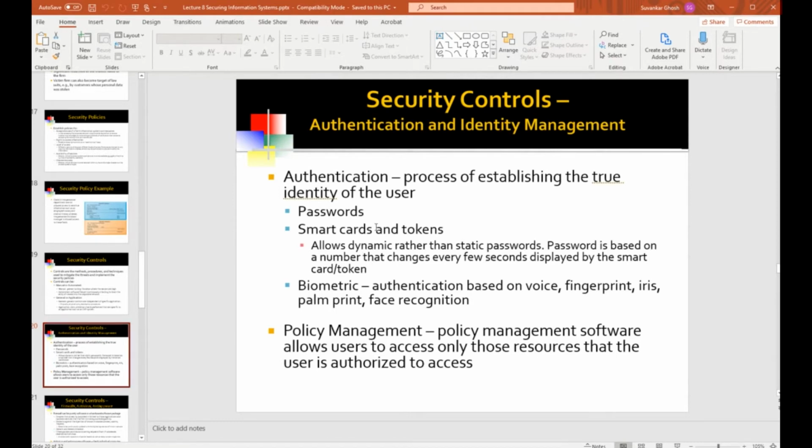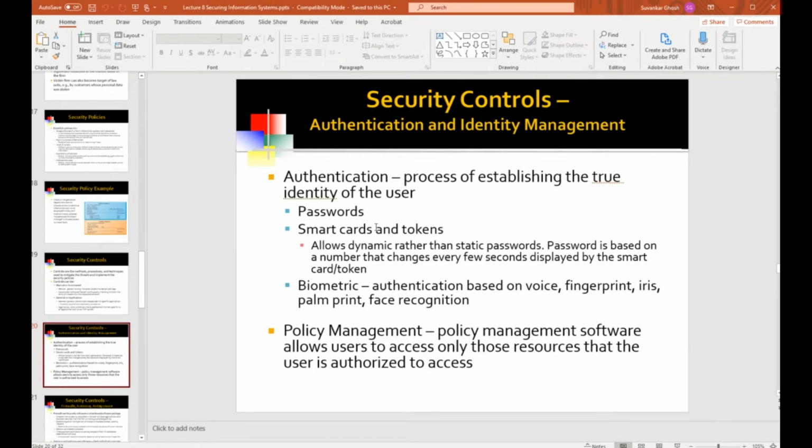So let's talk about the first thing, which is hacking into the system. How do we control that? Well, how do you get into the system? Well, typically the process is that you type in a username and then the password. That's how you get into the system. So the password is the authentication control. It's also a very weak authentication control.